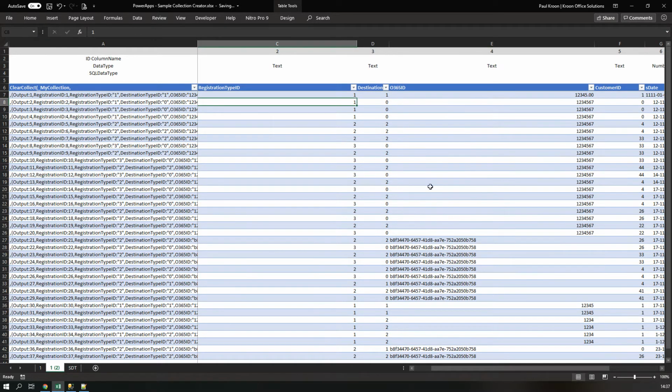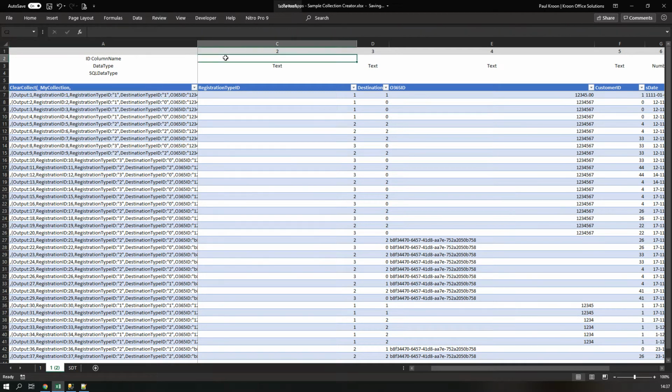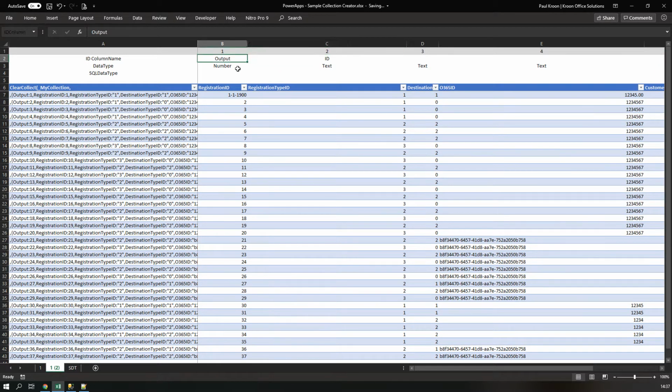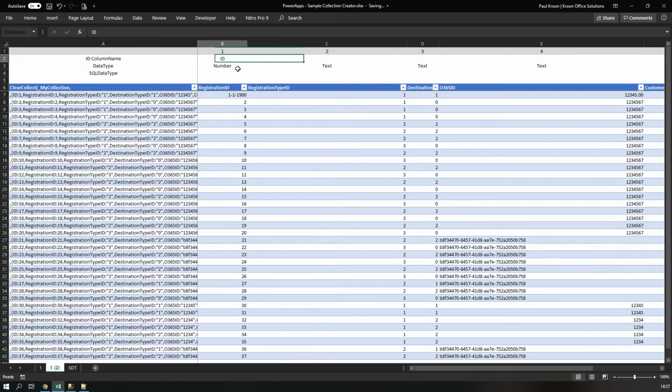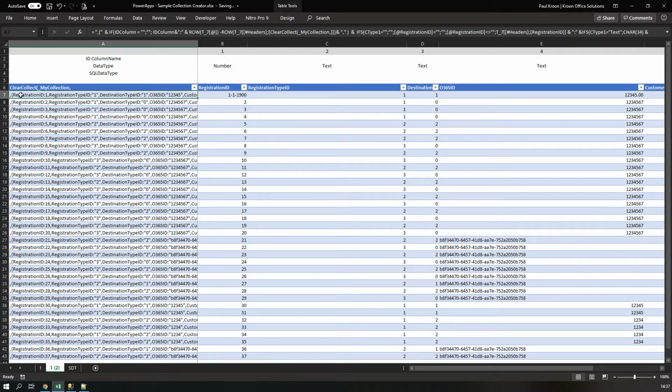basically what we have now is a table, and you see here there's an output 1, and the output 1 is like an identifier. Let's say you don't have an identifier to your table, you can put in an ID, and when it's empty, you see on the left side the ID is gone. So we start with the registration ID,